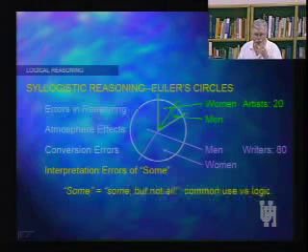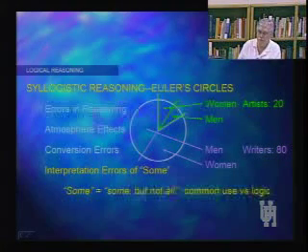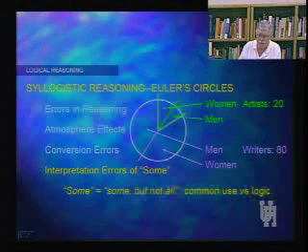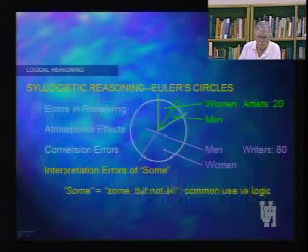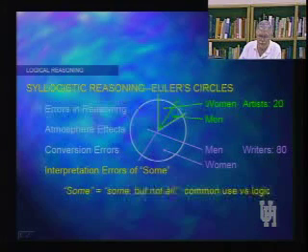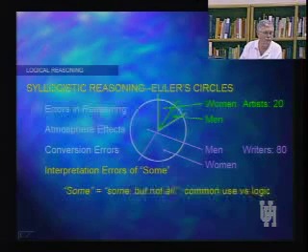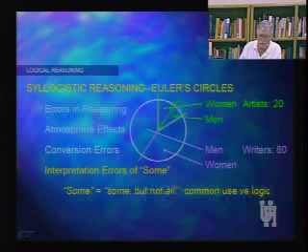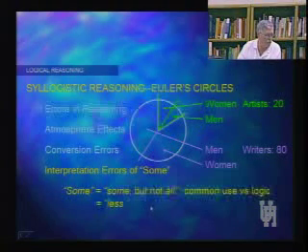We can say some men are artists and some men are writers. We can say from this some women are artists and some women are writers. So far, so good. The statements identifying more limited classes were rated as more acceptable. That is, when they were given statements like the ones I just gave to you, people were more willing to accept that than statements that were more arbitrary. One of our uses then is the idea that some generally means less than half. That's one of the uses that we sometimes put it to here.